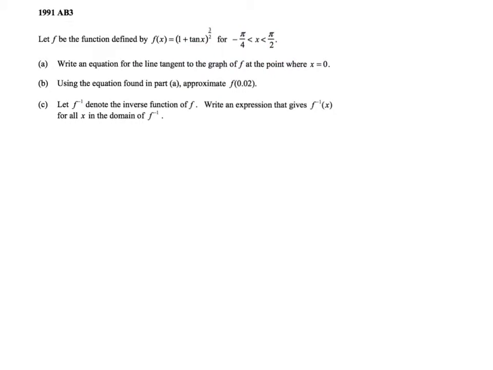So what you call this is called a domain restriction. The graph usually is for all real x, but they're restricting the graph, and you can think of it as a piecewise function, but it only has one piece. They're just saying we're only going to look at the graph from negative pi over 4 to pi over 2. All right, part A, write an equation for the line tangent to the graph of f at the point